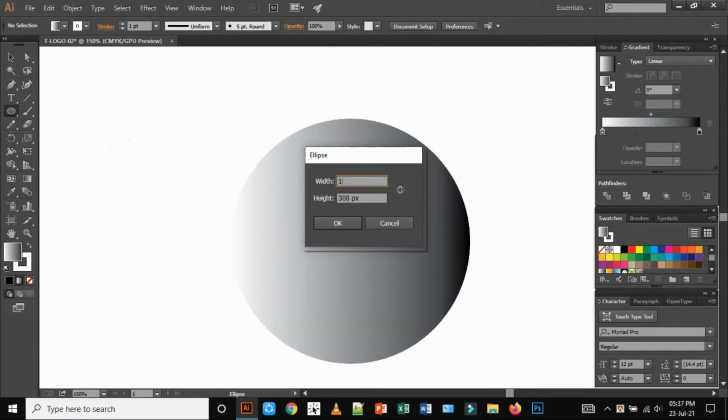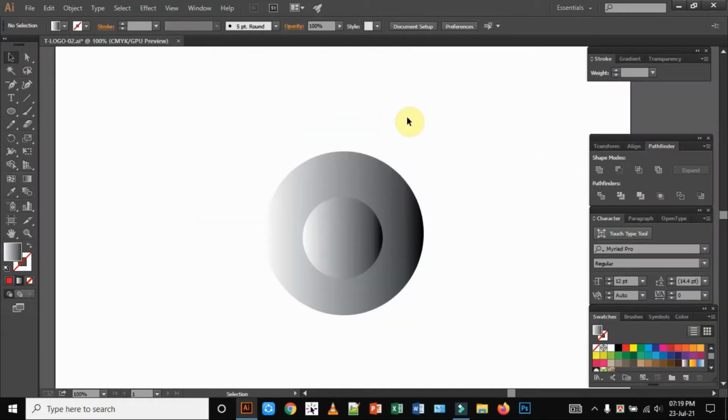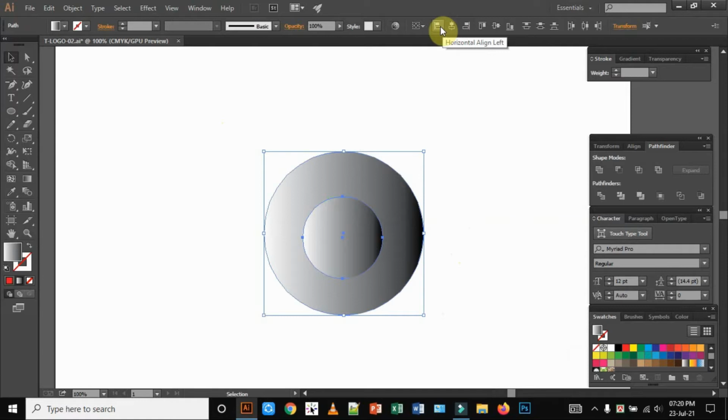Now I am selecting 150 pixel by 150 pixel and then clicking OK, and then I have found another circle. After doing this, we have to remember that the smallest circle will be half of the bigger one. Now I am selecting both of these circles and going to the panel bar, and here is the align tool. I have to align it horizontal align center by clicking this, and then I have to align it